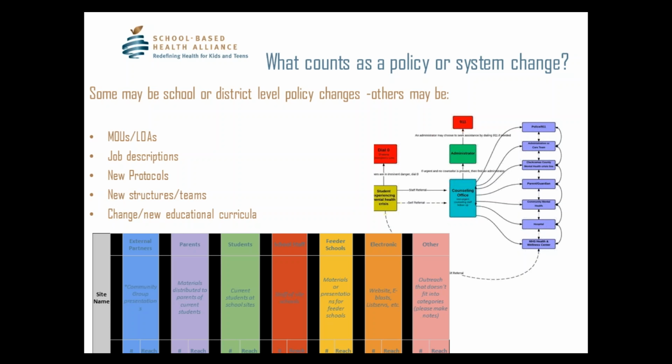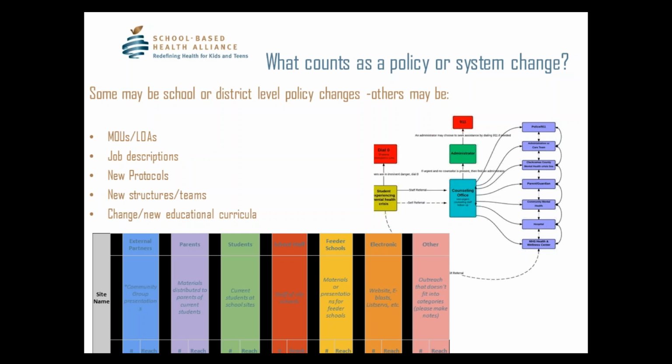So let's say you have a school liaison, but you don't think it's a policy change. What would make it a policy change? Writing it into their job description that one of their commitments is meeting with the school-based health center on X, Y, and Z basis to coordinate student services and student support. What about new protocols? Let's say Milwaukie was talking about a referral process for food insecurity. So if they write up a new referral protocol, that's included.